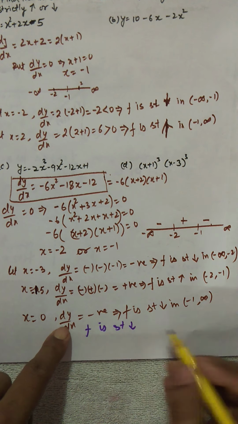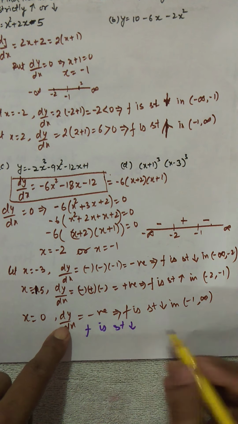Now this I have done for you, and this D part you will try yourself. Now see question number 7. It is saying, show that y equal to log(1 + x) - 2x/(2 + x), with x greater than -1, is an increasing function of x throughout its domain. So first you see what its domain is. Its domain is from -1 to infinity. This is very important to observe, and this is given this way.